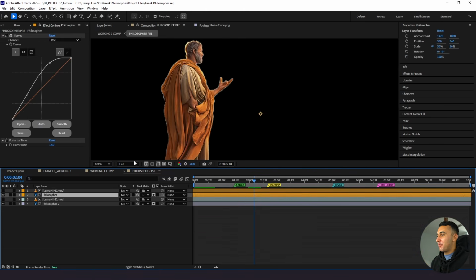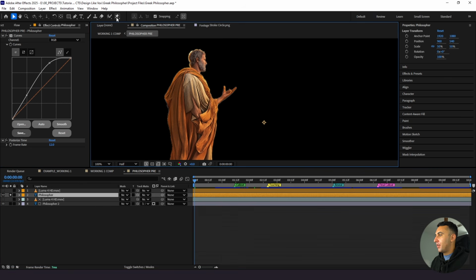Because right now with our Philosopher, he has his arm sticking out. So I see an opportunity there for some subtle movement, and then also maybe with his head a little bit. So we're gonna have some fun, and I'm gonna show you guys how to use this really fun tool. And to set ourselves up the easiest way possible, I'm going to have this not matted to anything, and then I'm just gonna go to the very start of our composition here,